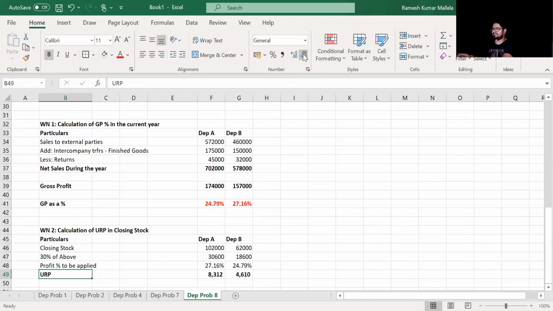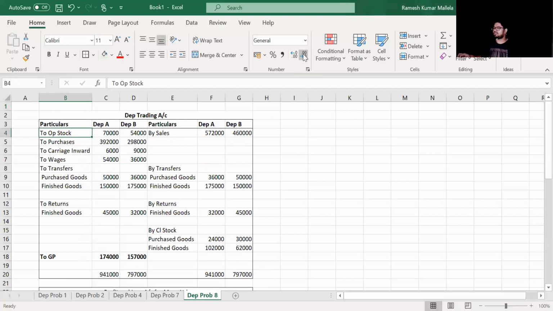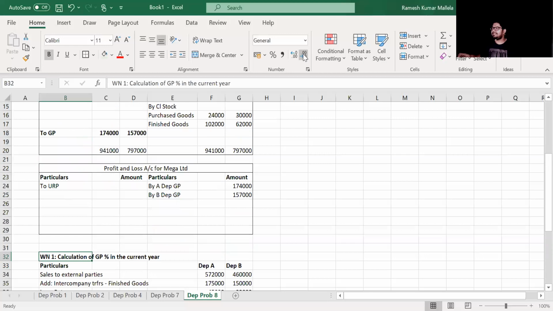Now that we are done with calculating this, let's go ahead and see what is going to be the net profit. Now, first of all, did he tell you anything about opening stock? Since nothing is mentioned, we will not bother about URP in opening stock. We will assume that they all are purchased goods only. They are not at all finished goods. That is the assumption we would take, because otherwise we would be adjusting the amount of closing URP out of the opening, and only the balance we would be charging off here in P&L. Yes or no?